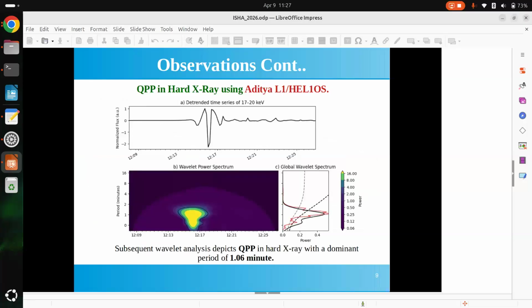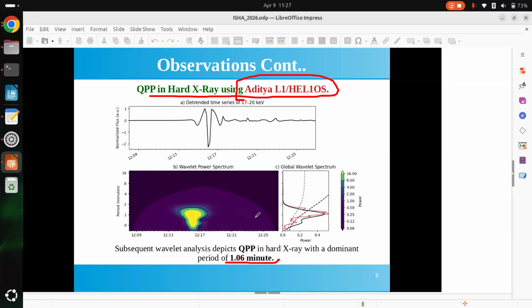So since we are investigating a solar flare and basically dealing with magnetic reconnection, in order to investigate the non-thermal emission, we have investigated the hard X-ray spectra and hard X-ray intensity profile observed by Aditya-L1. Since the data was available for this flare, in the hard X-ray regime we also obtained quasi-periodic pulsations